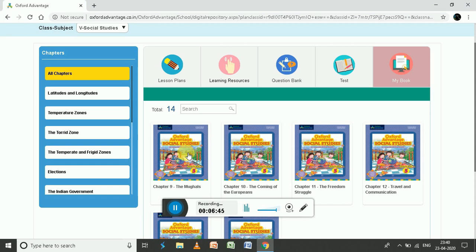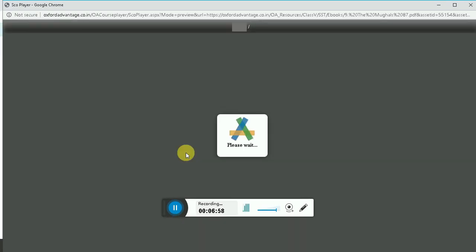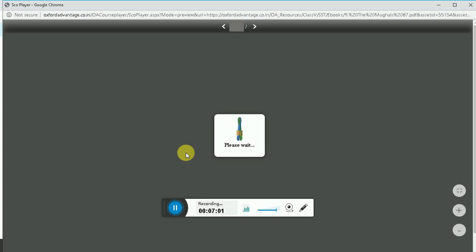The moment I click on this, a new PDF file or a new PDF player opens up in front of you, it's going to take some time and shows you the total chapter that is there in the book. So a teacher doesn't always have to carry his or her book along with themselves. They can easily sit anywhere along with a system, even if it's a mobile phone or a laptop, and can definitely work out with the chapters.